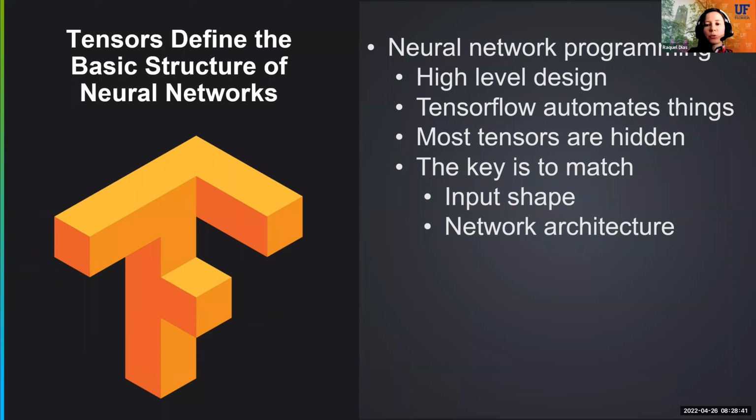So most of the tensors that I was talking about, all those elements that are converted into tensors, this conversion is done automatically. The only thing that you really have to worry about when you are implementing neural networks is to make sure that your input shape, the input data structure, the number of samples by features, for example, and the neural network